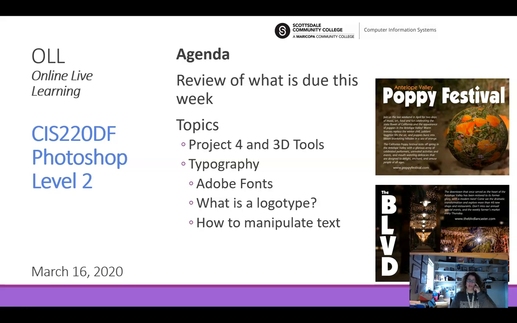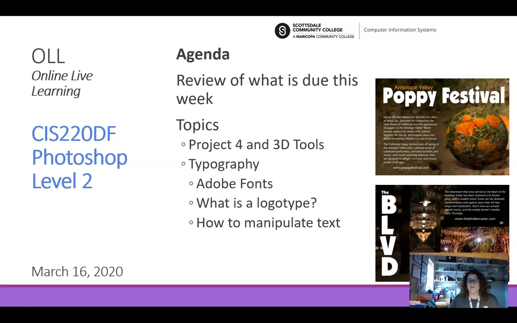Okay, so this week we start the next module of the course, and so this week you start with project 4. This can be a fun chapter as well as a frustrating chapter. It does cover the 3D tools. That's the part I just want to talk about. And you'll see here on the PowerPoint, I have two of the 4 pictures you're going to turn in. So I want to talk a little bit about the 3D tools, mainly just how to make sure that you can use them in